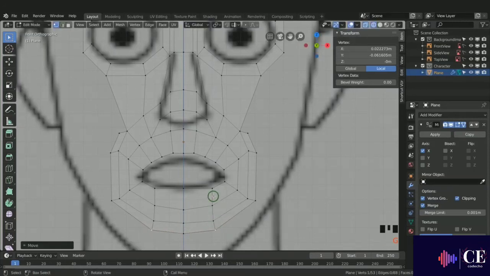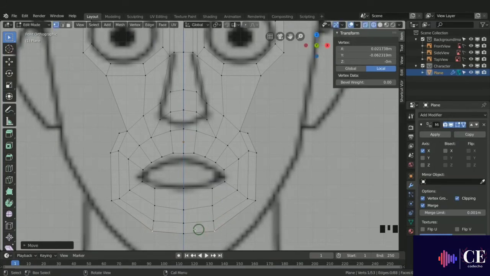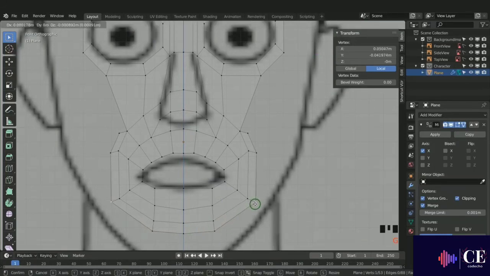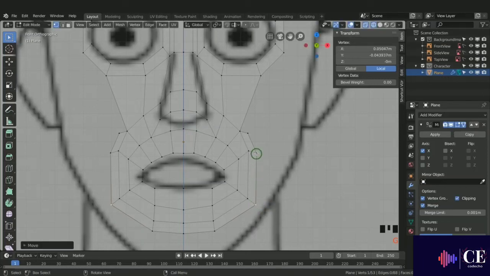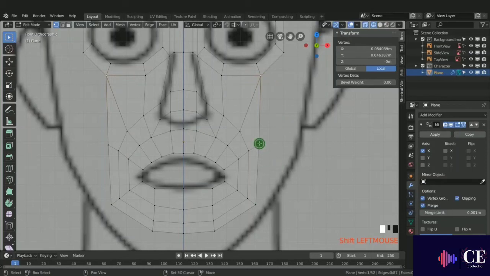And with these ones, again, just position them and try and keep that nice edge flow coming down on the vertical and around as I'm coming around here. So again, I can press G, drag some of these out. I'll select this one, shift select this one here, Alt M for the merge menu, and again I'll choose merge at last vertex. Okay, with this one selected, I can shift select all of these,